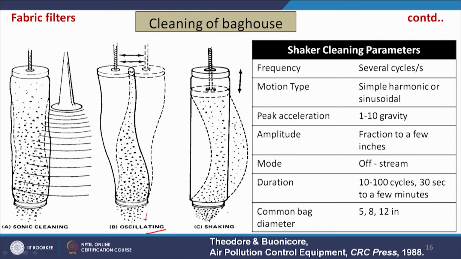Or we can arrange some shaking, like say this is the vertical direction, we can put some mechanical arrangement. So, it will be shaken and the cage will be deformed to some extent, and in that case the particles which are associated at the outer side of the fibers or the fabrics will be separated. So, this is the shaker cleaning mechanism, and here the frequency is several cycles per second,